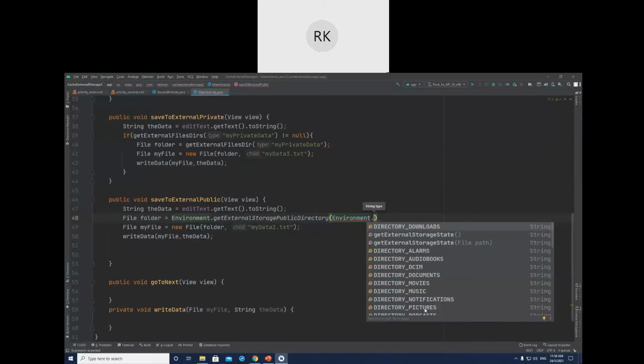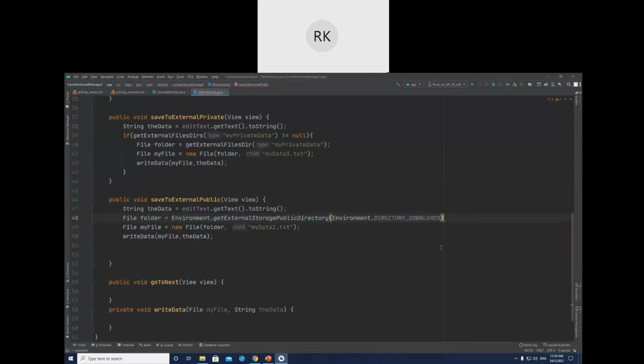So all these are the possible directories, but you can select any one of them that you want to create a file there. So let's select the downloads one. These are in external public directory. So the file should change this time to 4 and write the file.